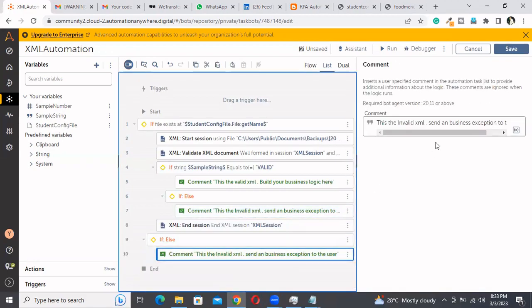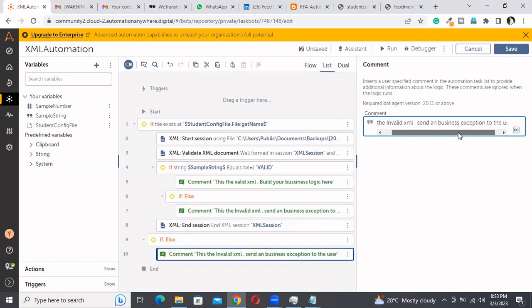Okay, I'm putting the comment. I'll be implementing these steps in later classes. That's why I'm putting the comments here right away. Send a business